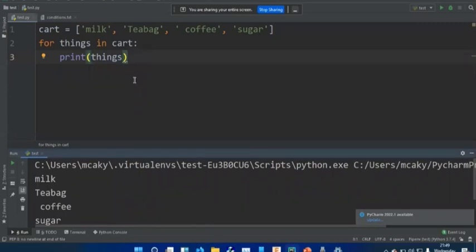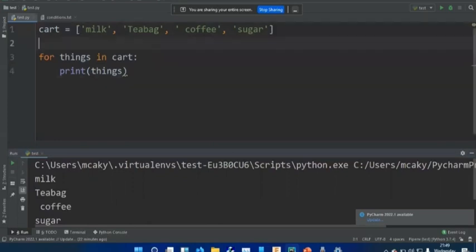Next, there's a function called enumerate that is built into Python. An enumerate is a function that keeps track of the index of a list and the item in the list. For example, you can use this for loop, like say